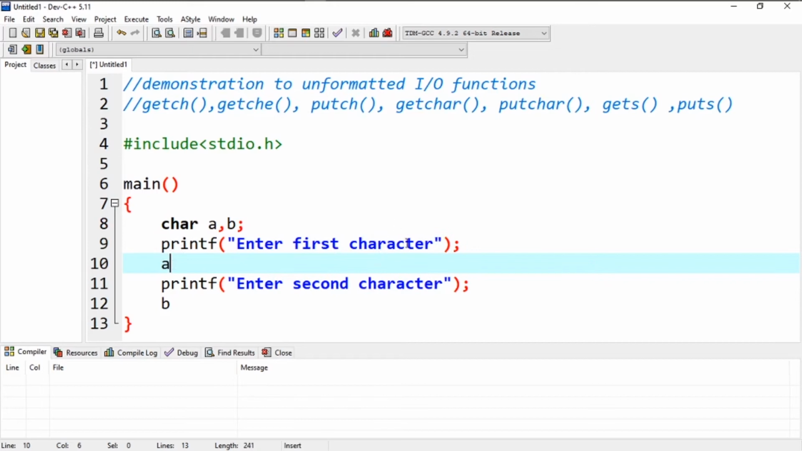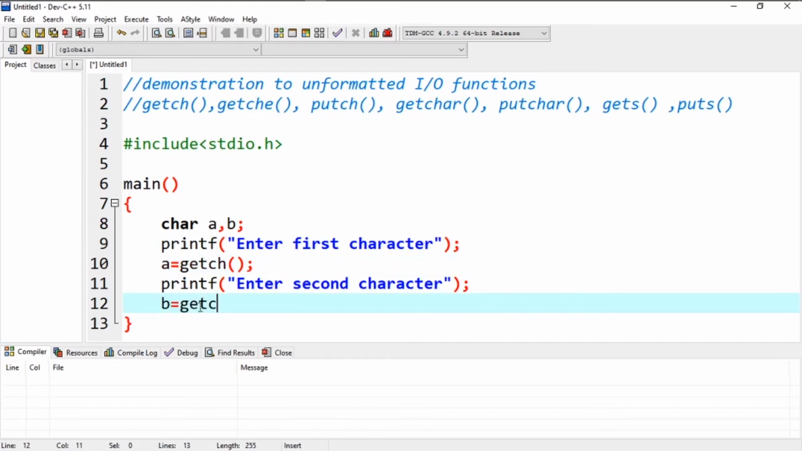So first, to store a character in this variable A, what should we do? We should first read that character. So which functions do we have to read the character? We have getch, getche and getchar. So let's use at first getch. So I write over here getch. Now what will this do? This will read the character which we entered from the keyboard and store that in A. So I give a semicolon over here and I'll write the same thing over here too, getch